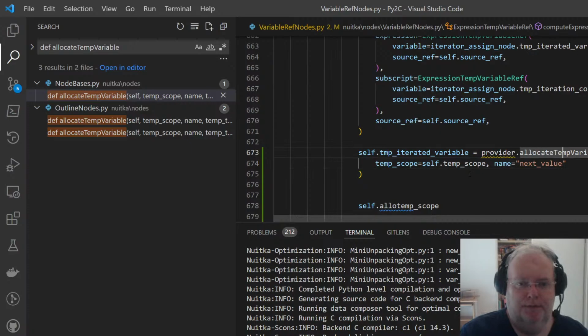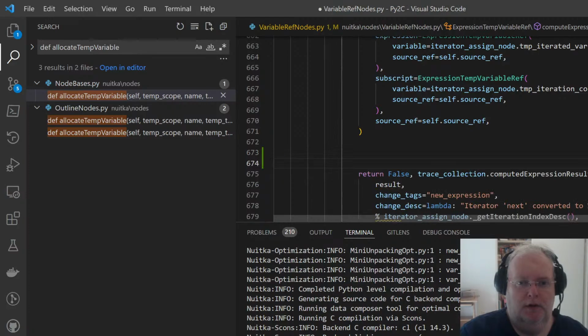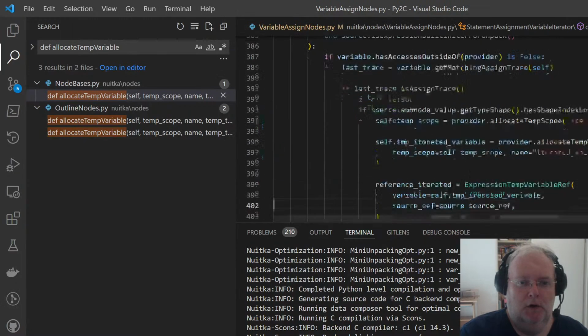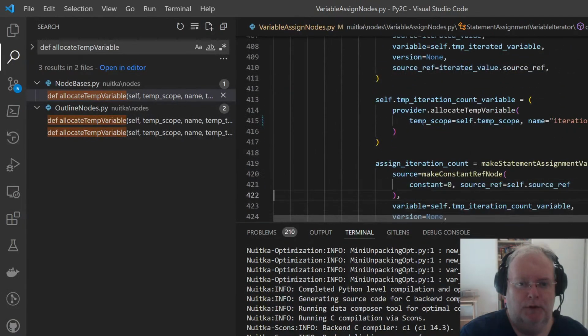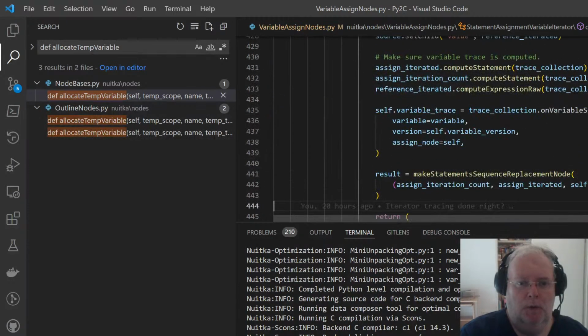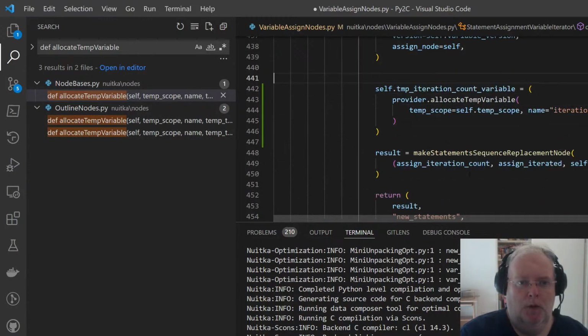So probably I will just have the assign node for use when the next is replaced.